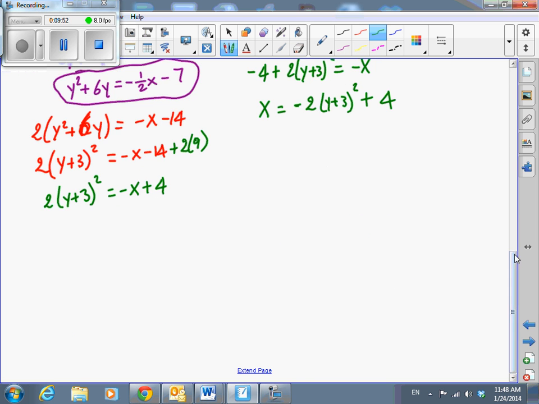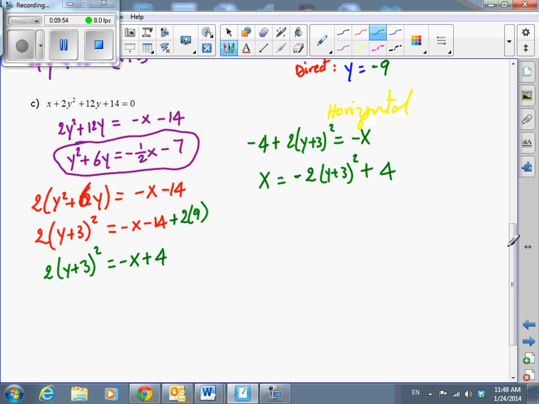Wait, so the order does matter because it started with negative 4. The order does matter when you want to write the final one. You want to have the one with the square first. Okay. All right, back to you,